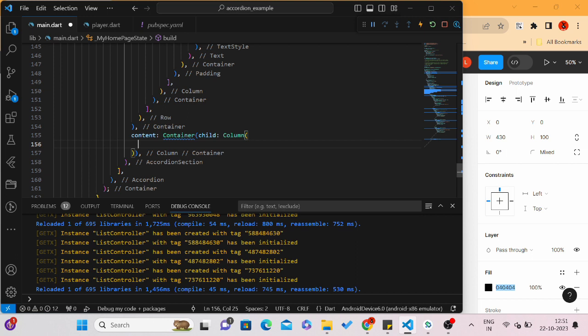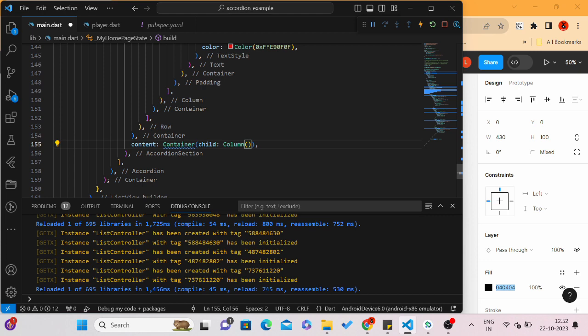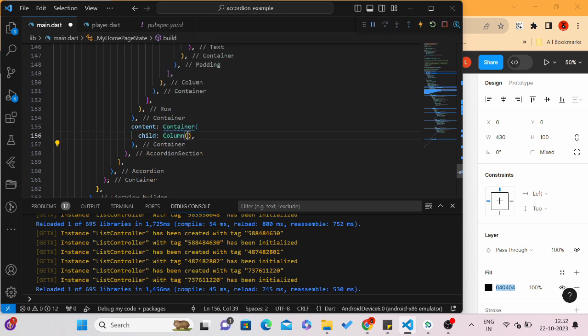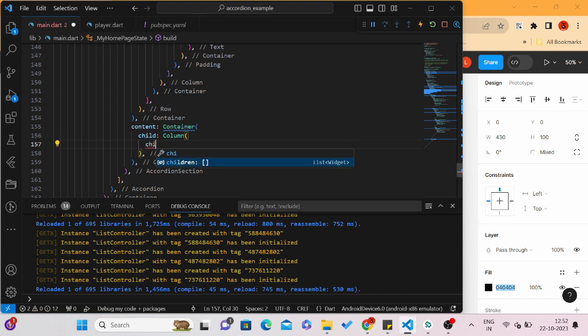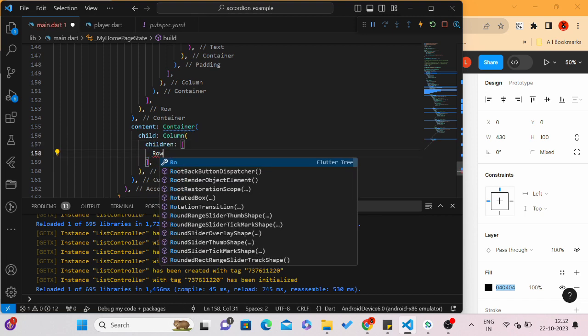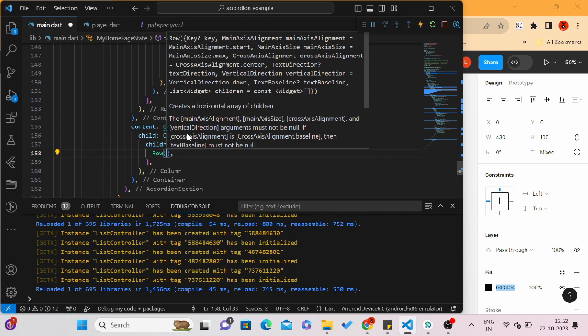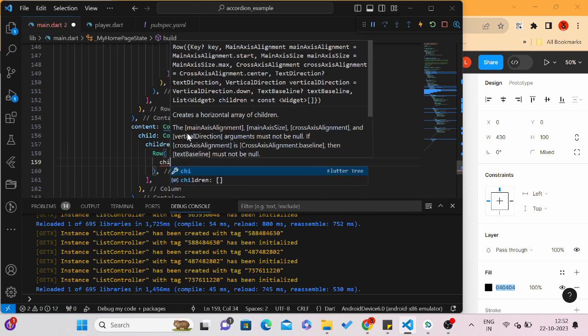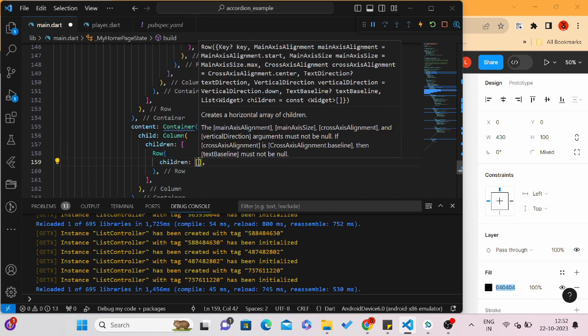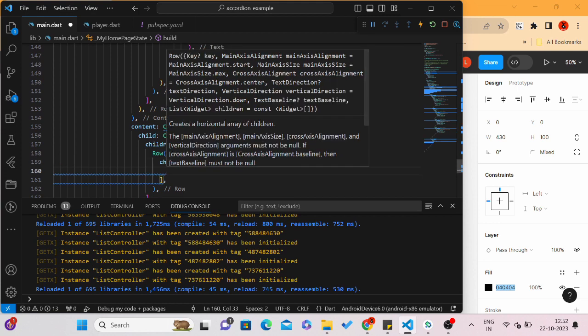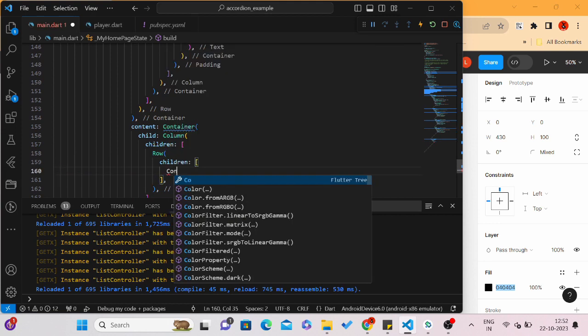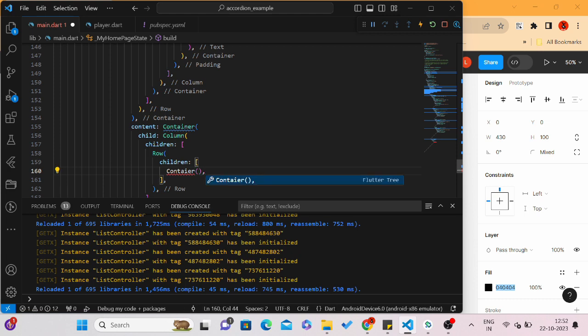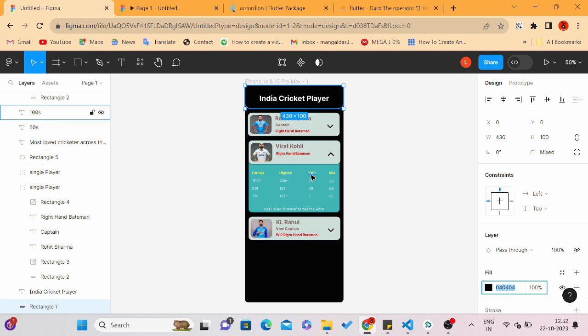So for the first time, let's add a comma and format it. Inside this column I am going to add the children, and children will be rows, 4 rows. First let's add one row and we'll copy and paste the remaining rows. So let's have 4 containers for 4 headers. We have 4 headers, 1 2 3 4. So let's have 4 containers,